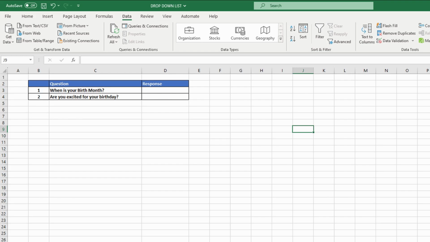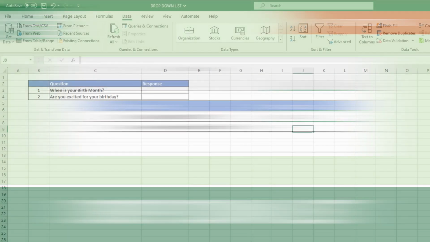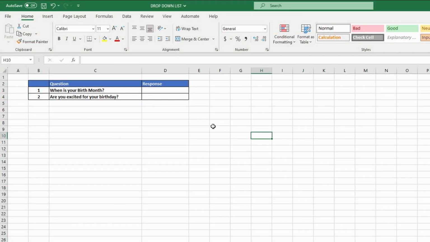For today's video, we are going to talk about how to make a drop-down list in Microsoft Excel. Firstly, we have to answer this question. When is your birth month? Instead of letting the user answer by typing in the birth month, we can let them choose from a list